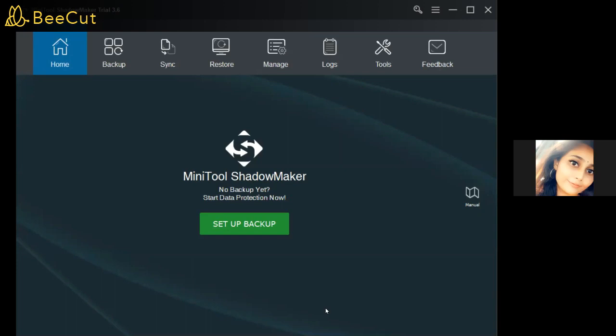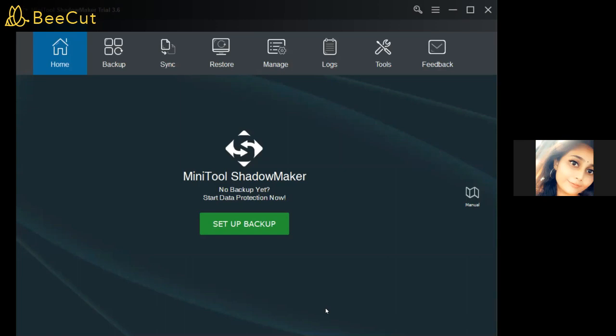Before I start the demonstration of restore using MiniTool ShadowMaker, I would like to explain why I recommend this tool for data recovery. Because MiniTool Power Data Recovery is an awesome data recovery software that recovers files lost due to virus attack, mistaken deletion, wrong formatting, hard drive failure, OS corruption, and etc. Works great on HDD and SSD, external drive, CD, DVD, USB flash drive, and SD card.